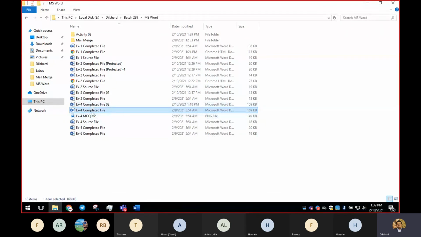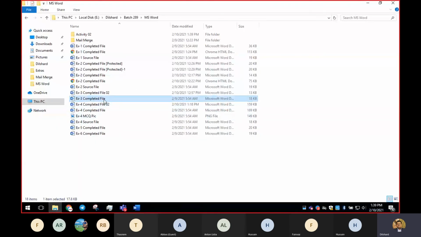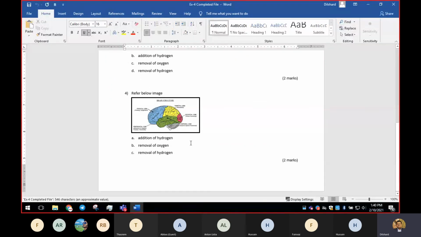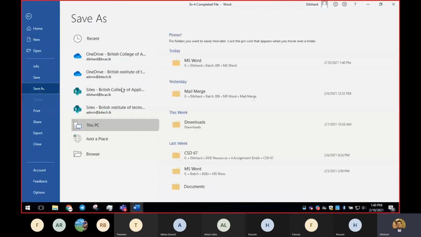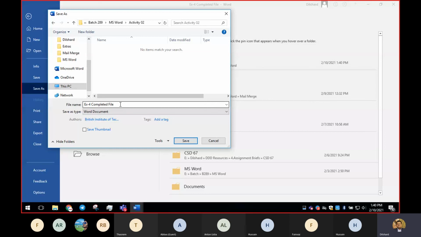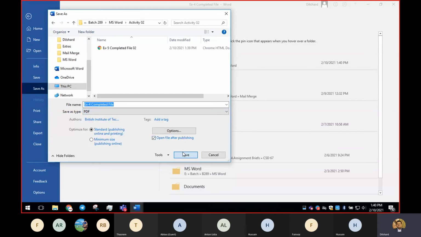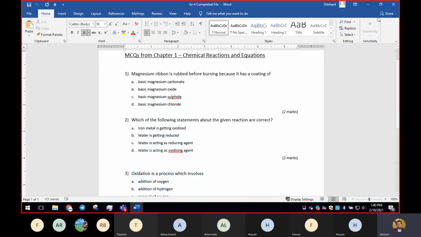Okay, so the completed one, this one, you can refer to this file, and I'll get you the PDF version of this so you can give it a try. Right. So I'll save as, and I'm going to go to MS Word, go to activity, and save it as PDF. Right. So you're going to try this, and what else?